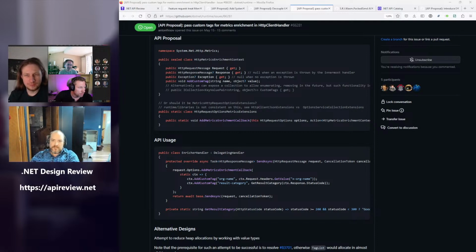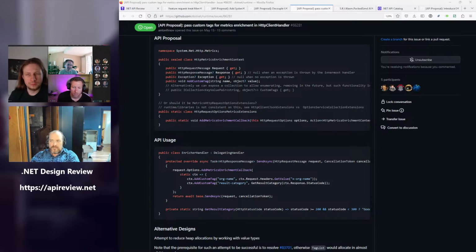Well, I'm just posing the question about the extension method in general. We had a huge discussion just previously about extension methods on a class. Feels weird, right? Because we also shy away from classes named blah extensions. I mean, it could just be a static method on HTTP metrics enrichment context. I like that. If we expect there to be like 3 callers of this ever in the world, we'll just tell them to go look for the method there. And it's just as hidden, right? Because it's still in this namespace.